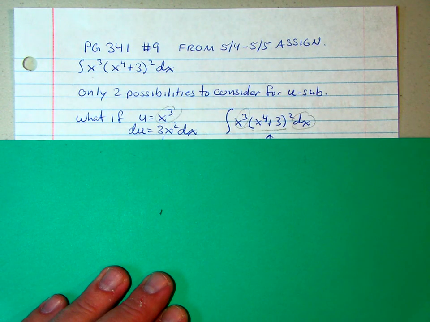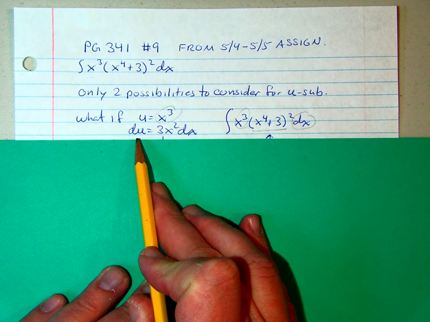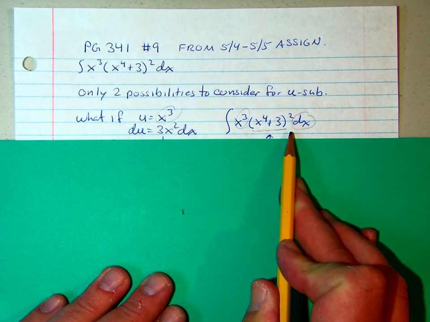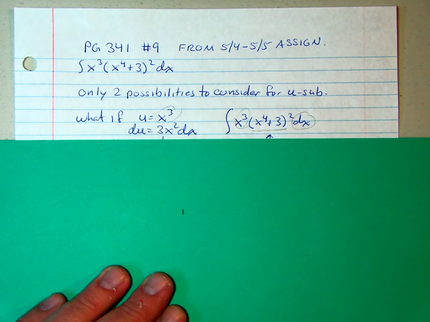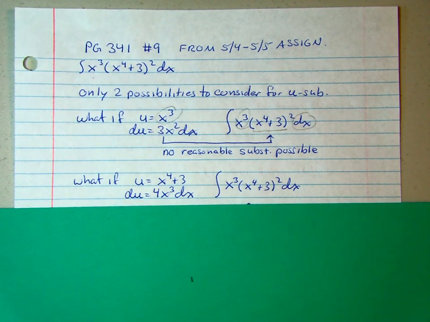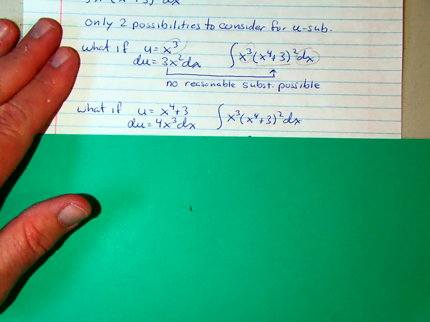Now, there are some problems that are higher levels of difficulty that we didn't get to due to time this year, where you might be able to, more than just dealing with a constant, algebraically kind of force this into there, or work backwards and do the same. There is no substitution that's going to work with that. There's no reasonable substitution possible. So based on what we know, the only other reasonable thing to consider would be, what if we let the